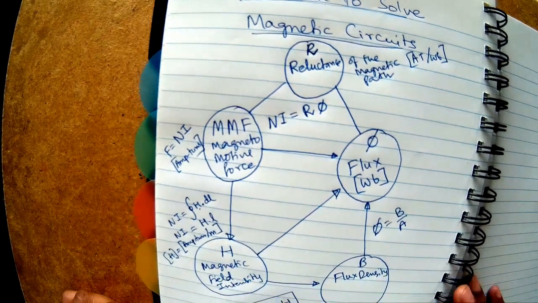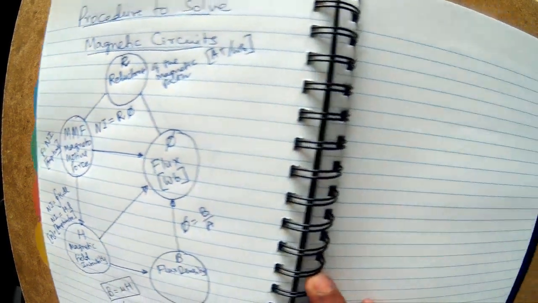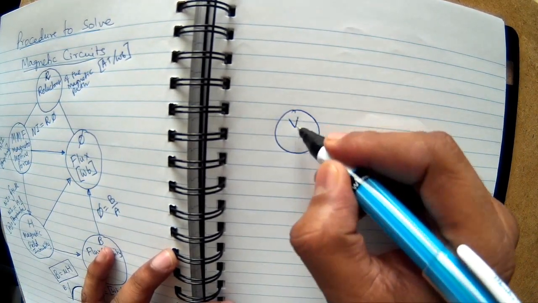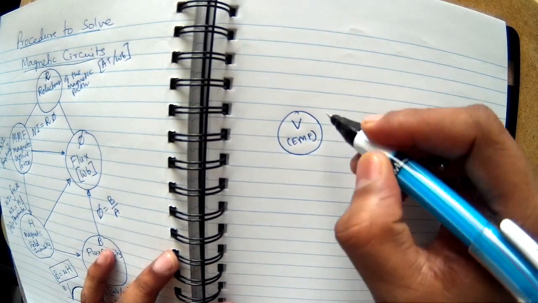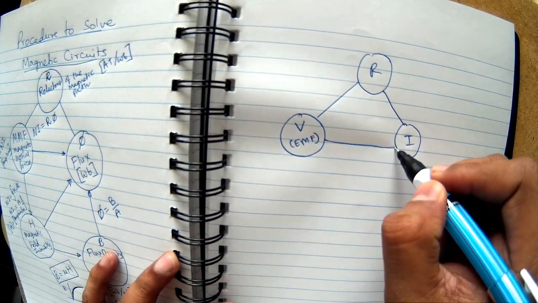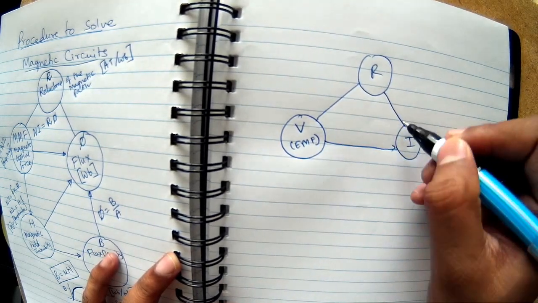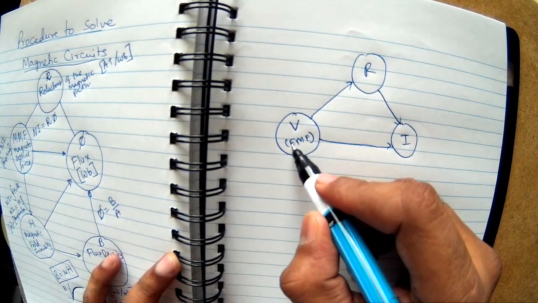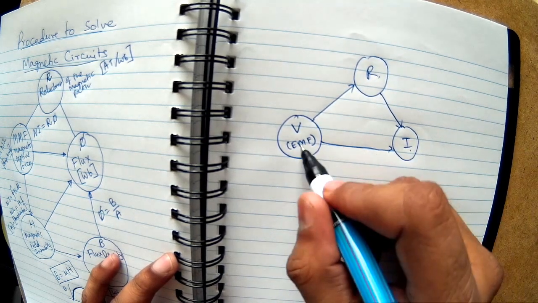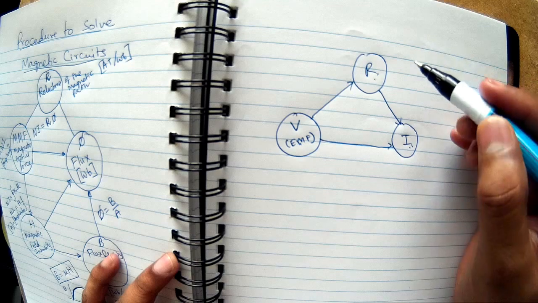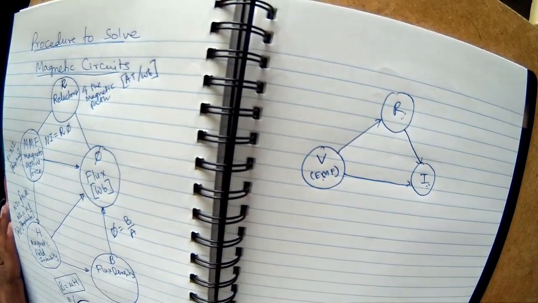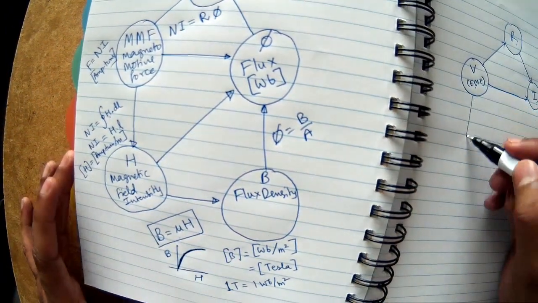Okay. Now if you want to really get an analogy, I'll just write this one. So this is voltage, or in other words EMF, electromotive force, and this is resistance, and this is the current. Okay. So if voltage is given and the resistance of the circuit is given, then you can calculate the current. Similarly, if voltage and current are given, you can find the resistance, and if the resistance and the current are given, you can find the voltage. Of course, for the other path, there is also an analogy.